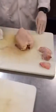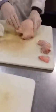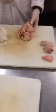Okay. For the next step, the breast, there's a couple things you can do. Who was taught the way to come through the top? Who was taught the way to go through the bottom? Okay, so we go through the top, that's fine. So if you've seen both ways, that's fine. If you're going to go through the top, then remember we've already